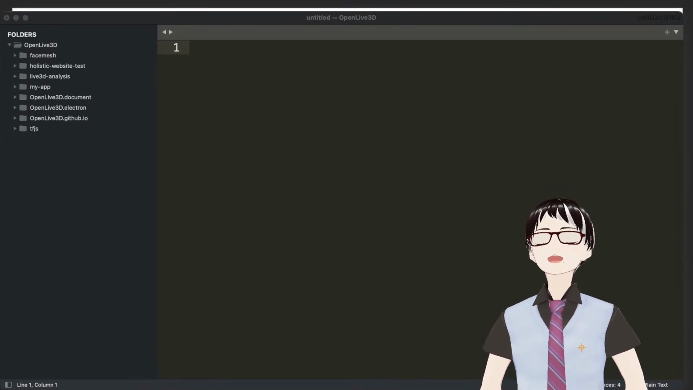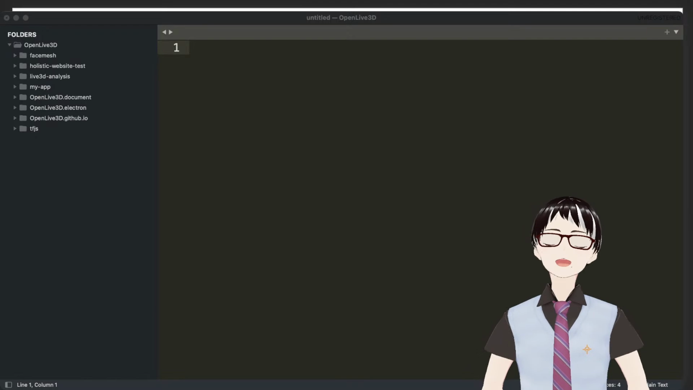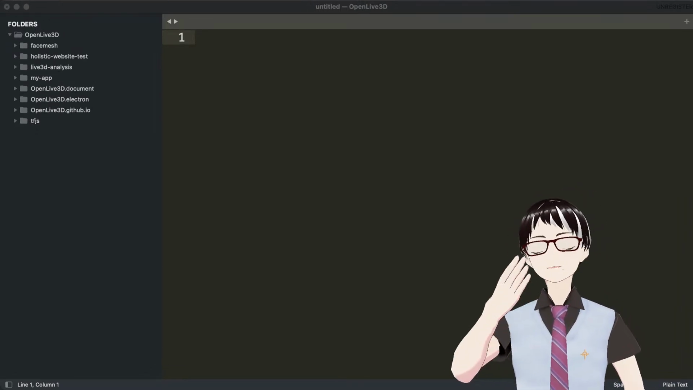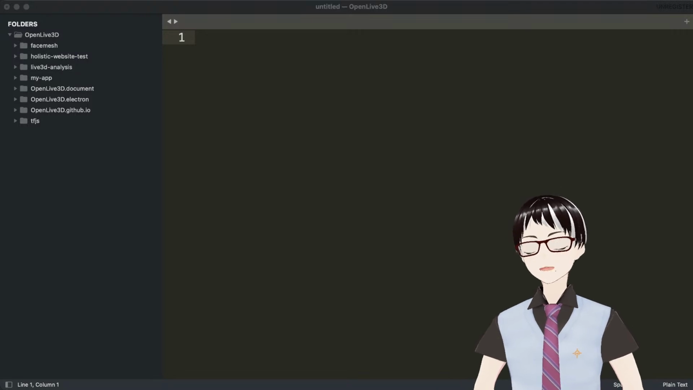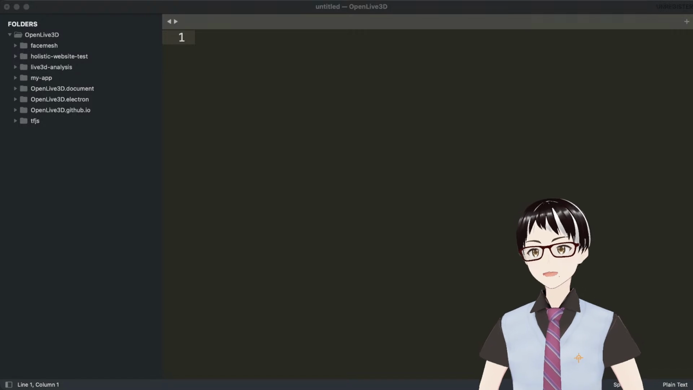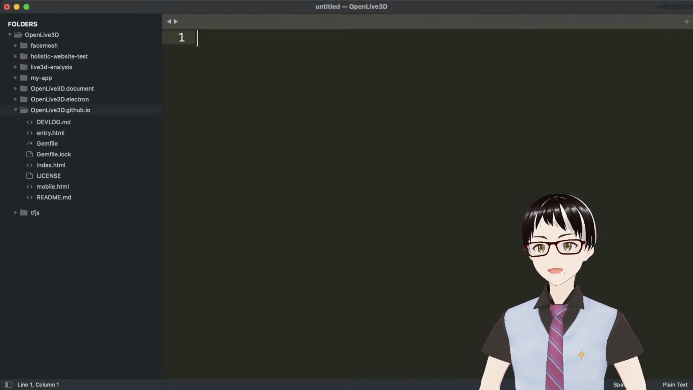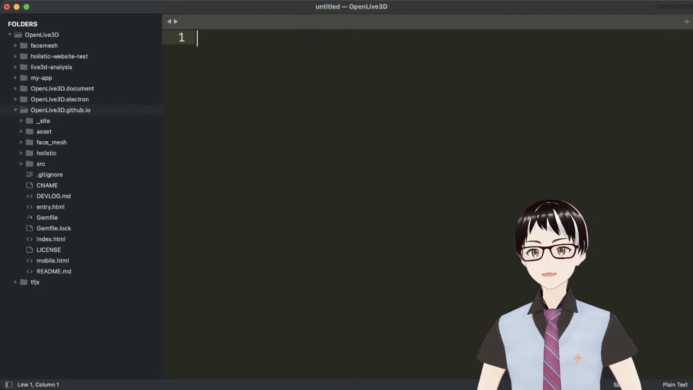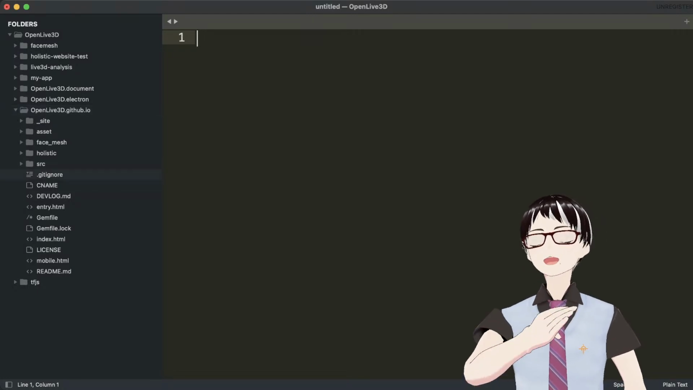Okay. Forget about a PowerPoint. Let's just go through the code. Right. So yeah, let's go through code. So interestingly, we know that this is our code, right? So this is the OpenLive3D GitHub IO. So this is our code. Let's make it a little bit larger. And for this